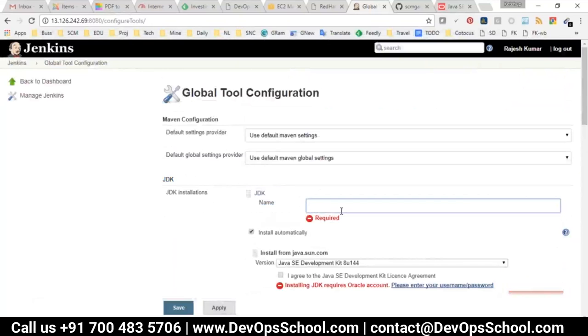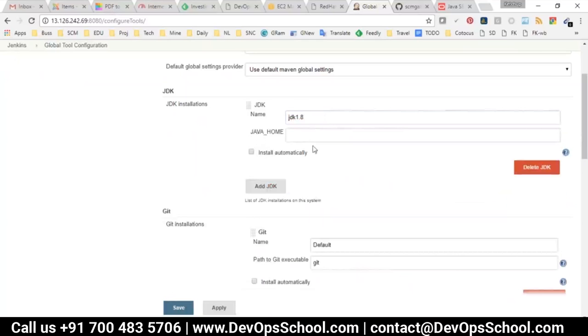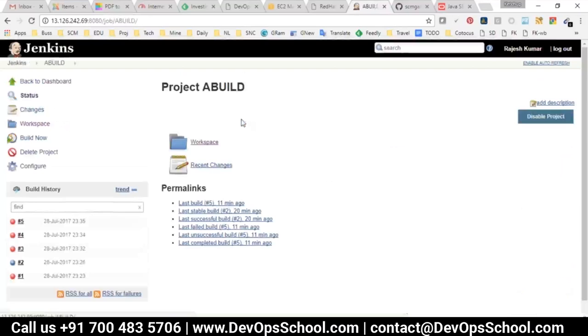Add JDK 1.8. Here again you have install automatically, but I'm not going to try that because I tried it with Maven already. I showed you. This time set it up manually. You can set up as many as you want. If you want to add more, 1.7, 1.5, 1.4, 1.3, any number of Java versions you can set up. Just set it up and save. And now if you go and build now,